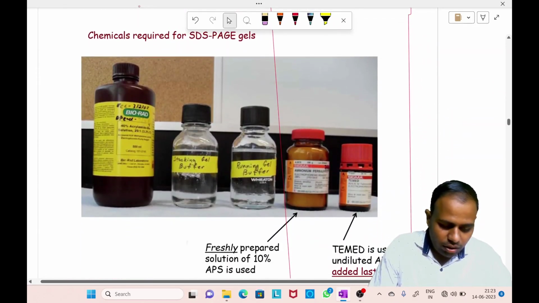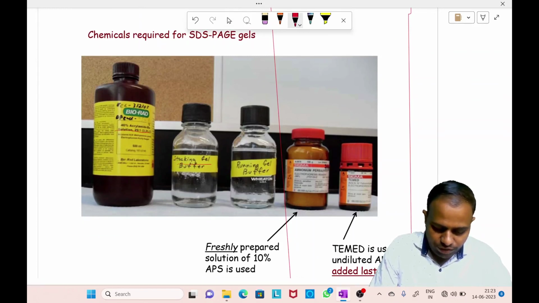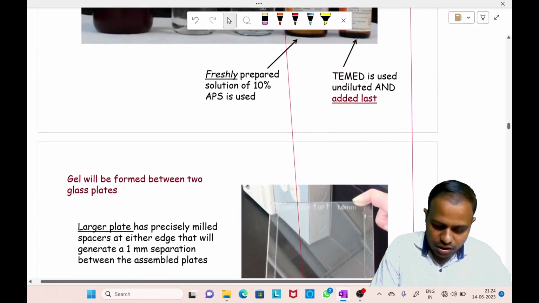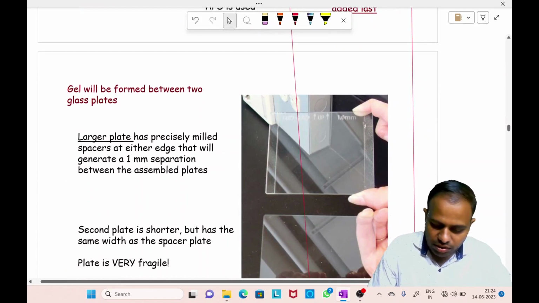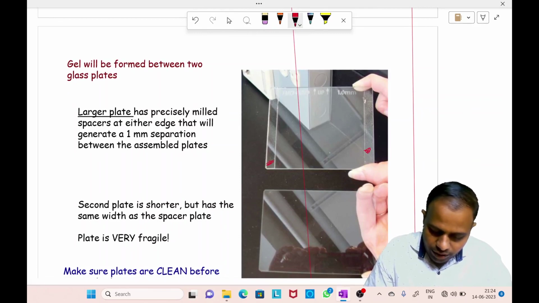Okay, the chemicals that we used, obviously I told you the composition also: the acrylamide solution, then stacking gel we have to prepare from it, then we have to prepare running gel, ammonium persulfate and TEMED, and we add these two things at last. Okay, so you can see the gel plate here. It is having a spacer, or the gel plate is having a raised portion here. It is generally thicker at this position and thinner here in this position, which gives a 1 mm